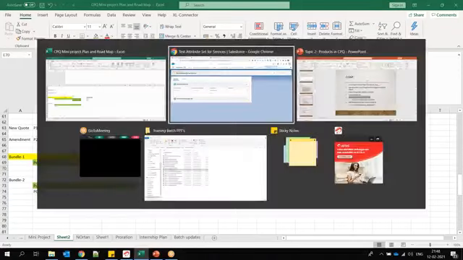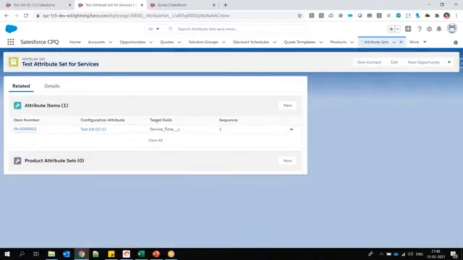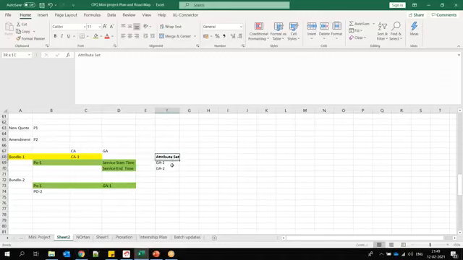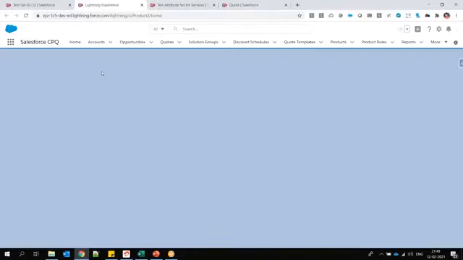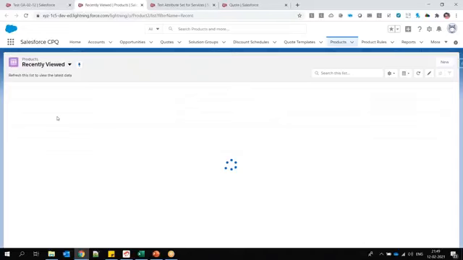The third thing is, once we have this set created, and inside that set I have one global attribute, now I want to assign this whole attribute set to the product option. I have the attribute set ready with all the global attributes. I can have 10 global attributes, 2 attributes, whatever you have. Once we are done with that, this attribute set should be assigned to the product option. How to assign that? You should know the product name. You should be aware of which product option you want to assign this to. So if I go to the mechanical bundle,